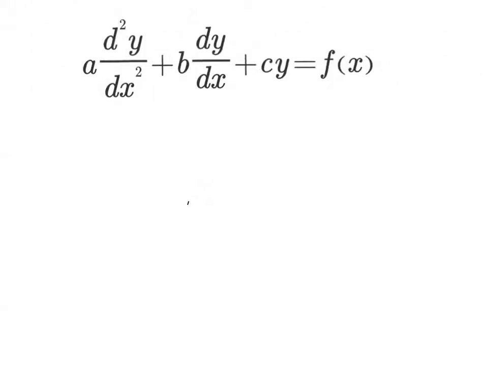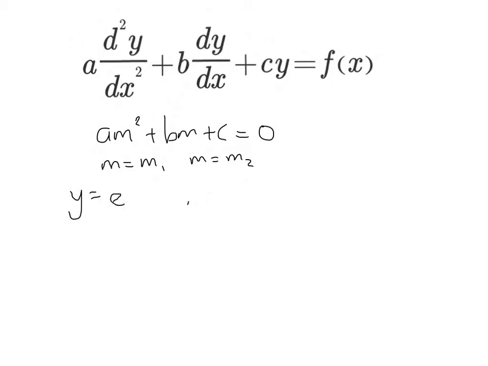If we have a second order differential equation and we form the auxiliary quadratic am squared plus bm plus c, and we solve that quadratic and we get two roots, m equals m1 and m equals m2, then we know that the function y equals a e to the m1x plus b e to the m2x will be a complementary function for this differential equation, in the sense that if we put it all in here, it will all cancel itself out, make 0, leaving the f of x free to be created on the right hand side. Now that's great so long as m1 and m2 are real and distinct,